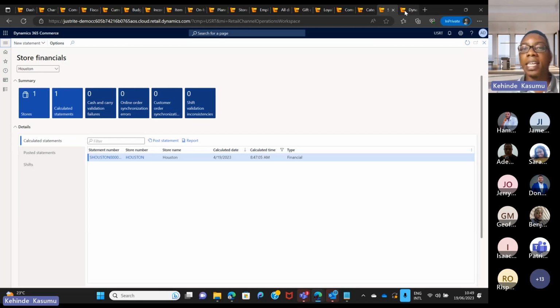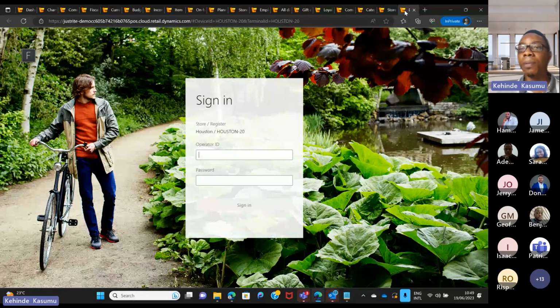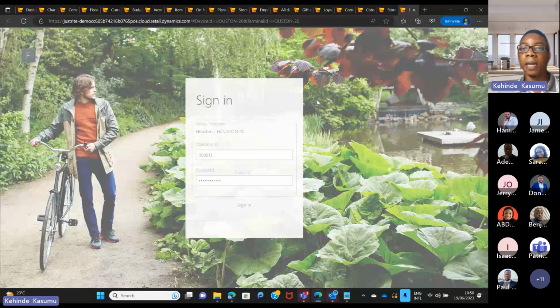All right. So as a system, I must mention that the system is security role based, and so you have various permissions that can be set up, and you have various security roles that can be configured for each user. It means that based on the security model, I can determine what a user can see per time and what the user can do per time. I have created myself as a manager, so I have more oversight over more functionalities, so that I'll be able to show you some of the things that we have in the point of sale application.